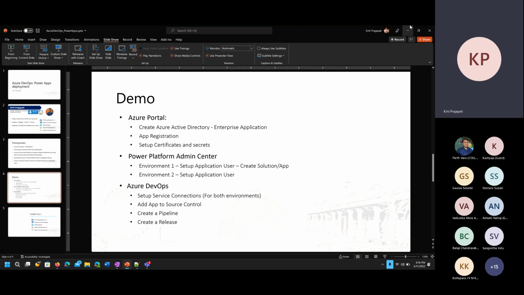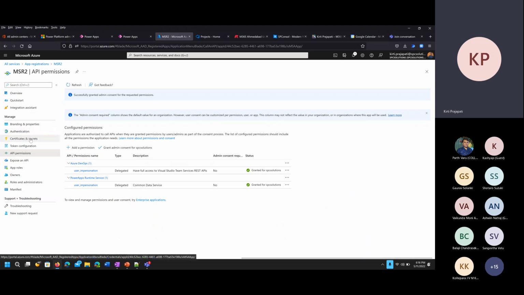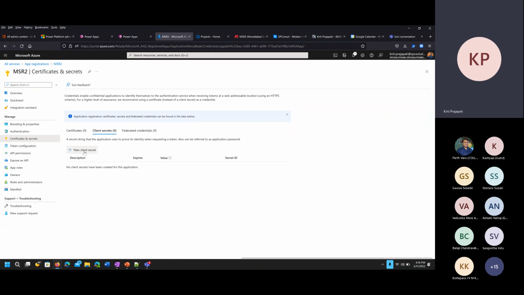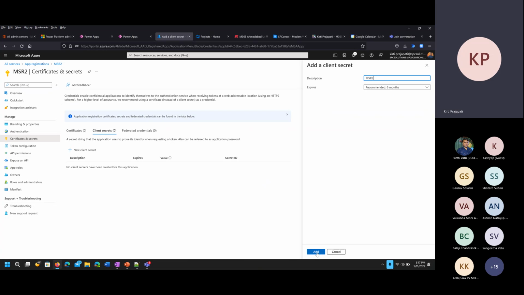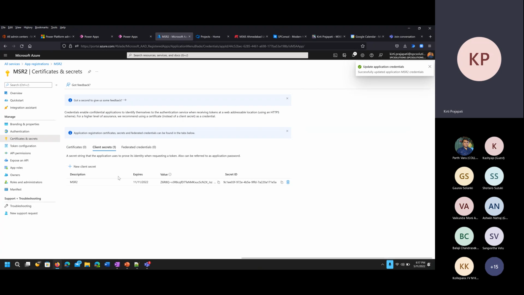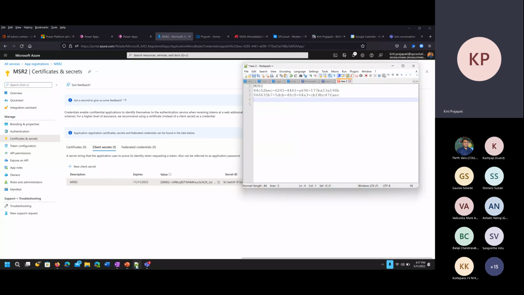certificates and secrets. For this app registration, we have to create certificates and secrets. From the same screen, in the left navigation, you can see certificates and secrets. Click on that and click on new client secret. Then you can give it whatever description you are okay with. I'm using Microsoft R2 as a description and click on add. Now here we have to copy this secret ID and value because it is required in the upcoming steps. So I'm copying this secret ID and secret value,